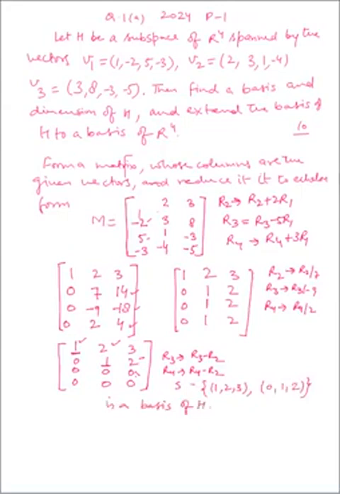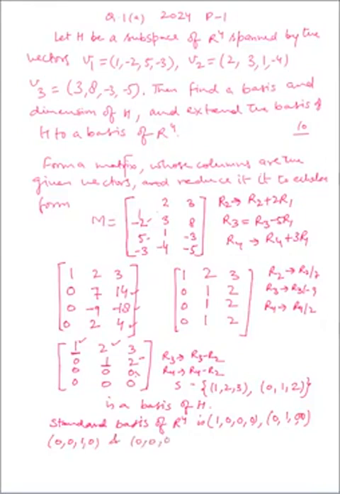And we know the standard basis of R to the power 4, that is 1, 0, 0, 0, 0, 1, 0, 0 and 0, 0, 1, 0 and 0, 0, 0, 1. So we are writing 1 in each place one time. So we have to extend this S into a basis of R4. So we can take 1, 2, 3, 0, 1, 2, 0, 0, 1. Now we have to make R4. So we can write like this. So this is the basis which is in echelon form and a basis of R4.